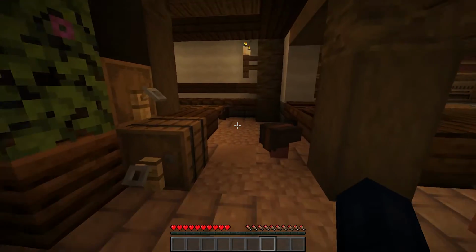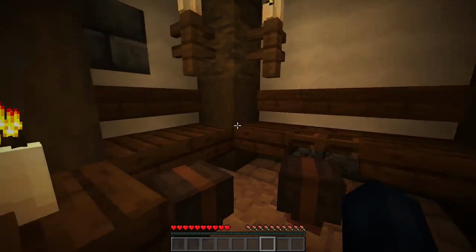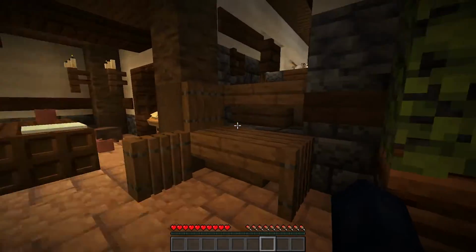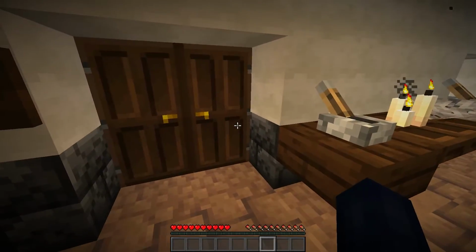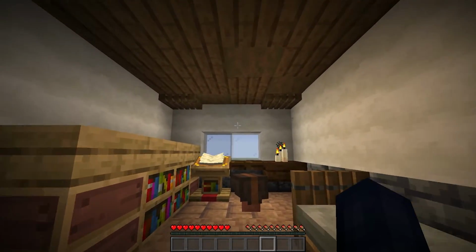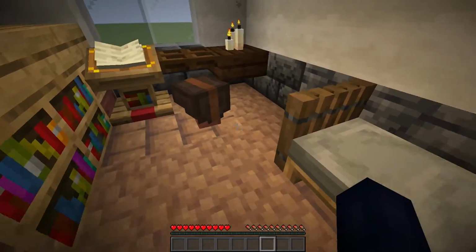Over here, we've got a bit more of a dining area with some tables up against the wall, dimly lit with the candles, of course. Up here on the stairs, we've got 2 little tiny living quarters, which definitely have a lot more space than in my basic build, but you can see we got a little bed setup going on, got a desk,